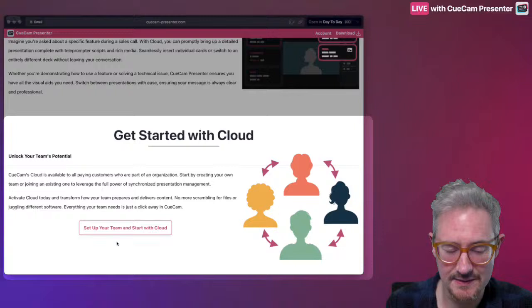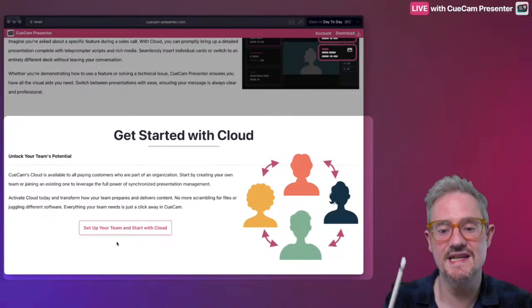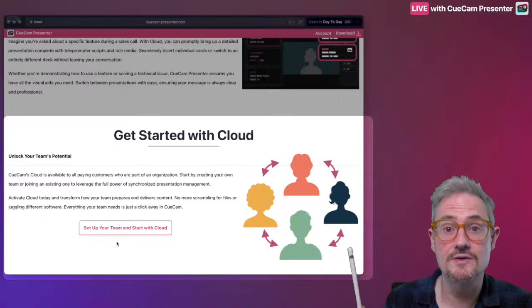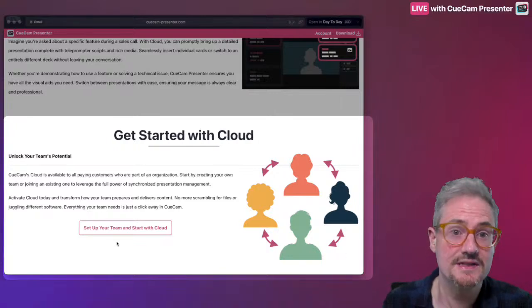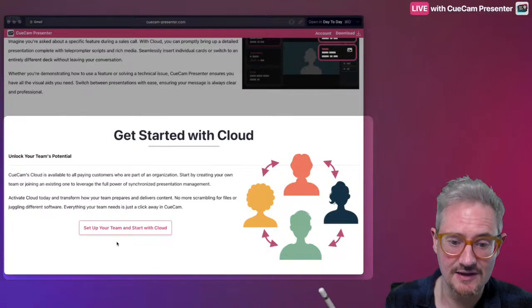And then get started with Cloud. CueCam's Cloud is available to all paying customers who are part of an organization. Start by creating your own team or joining an existing one to leverage the full power of synchronized presentation management. So to activate Cloud, you'll be able to